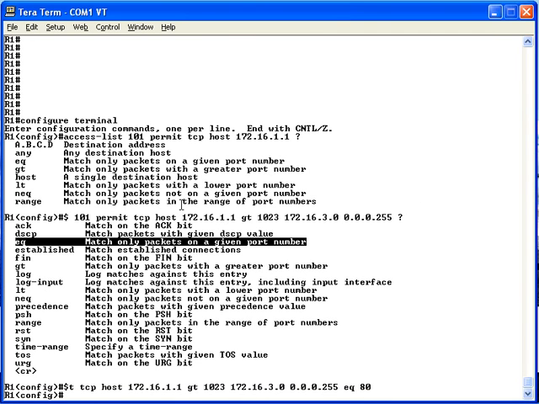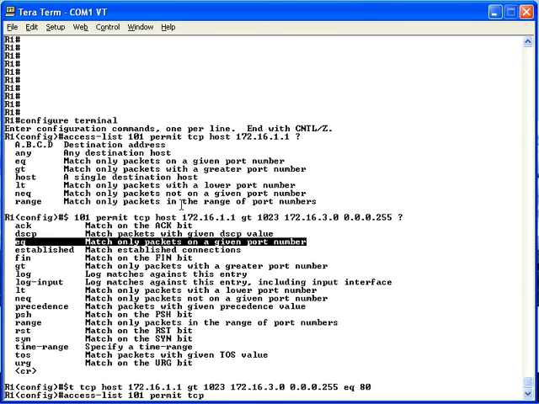The second access list statement is very much like the first, with only a few variations. First of all, we'll use the access list 101 command again. By using the same number, we're placing this access list statement in that same access list. We'll use a permit keyword because we now want to permit all telnet traffic from the left-hand subnet to the right-hand subnet. To match these packets, we'll first plug in the TCP keyword, which means there's a TCP header,